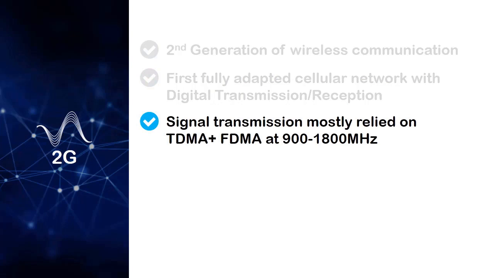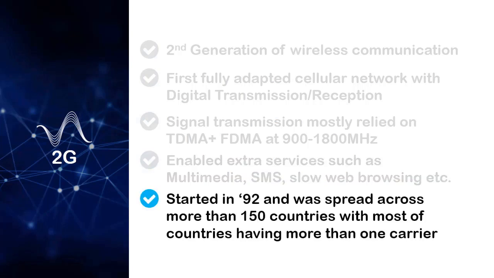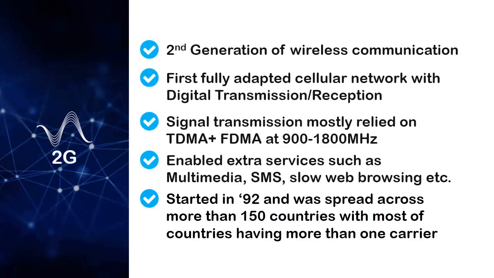The signal transmission and reception, of course, mostly relied on a combination of TDMA and FDMA, which means a hybrid, at mostly 900 to 1800 MHz. This was also called GSM, which stands for Global System for Mobile Communication. The name itself suggests that the scope is not regional, it is global. 2G enabled a lot of extra services just as we saw earlier, like multimedia, SMS, and primary web browsing through GPRS. 2G started in 1992 and was spread across more than 150 countries,